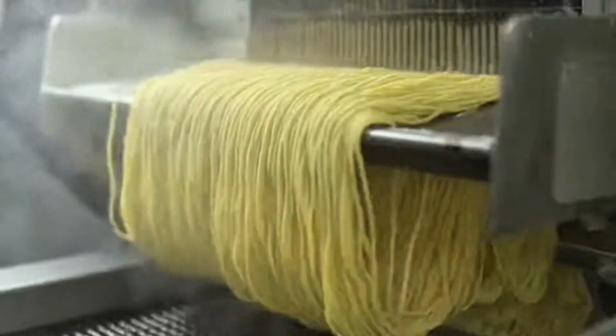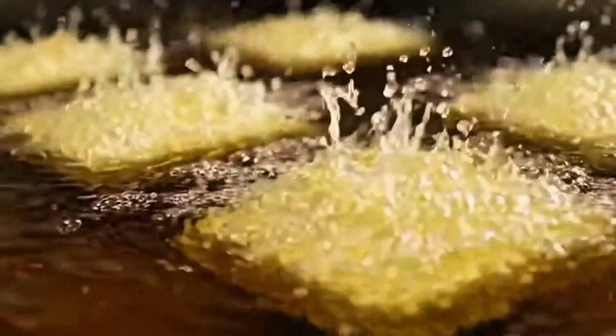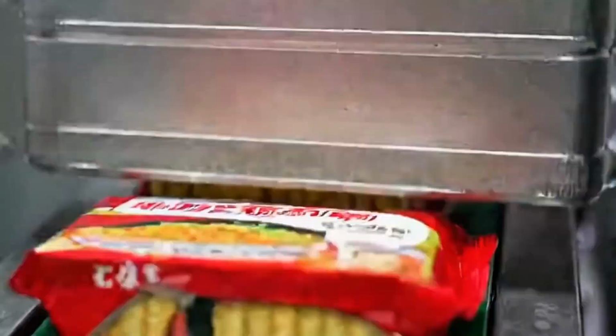From field to factory and finally to your bowl, the journey of instant noodles is a marvel of modern engineering